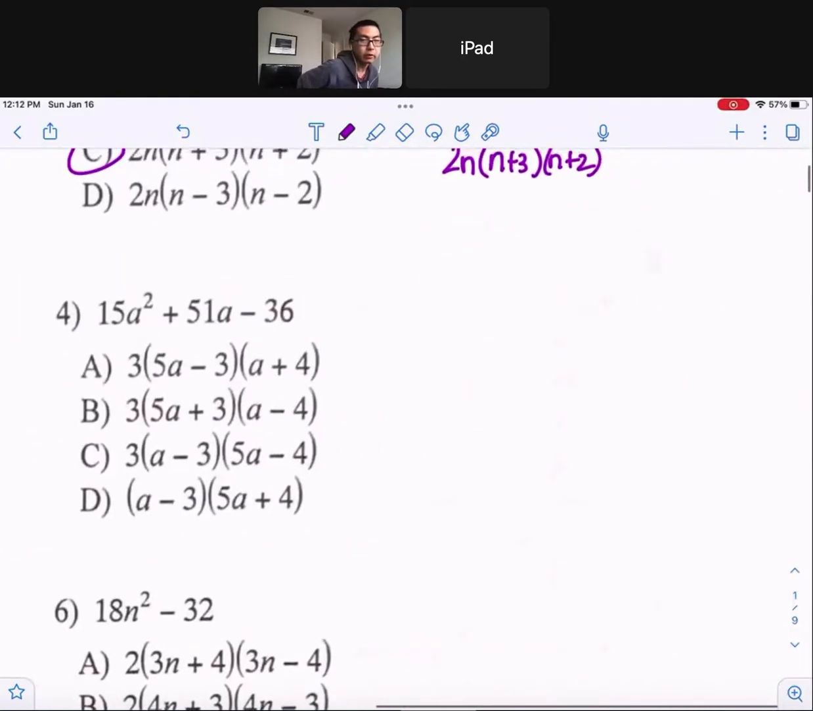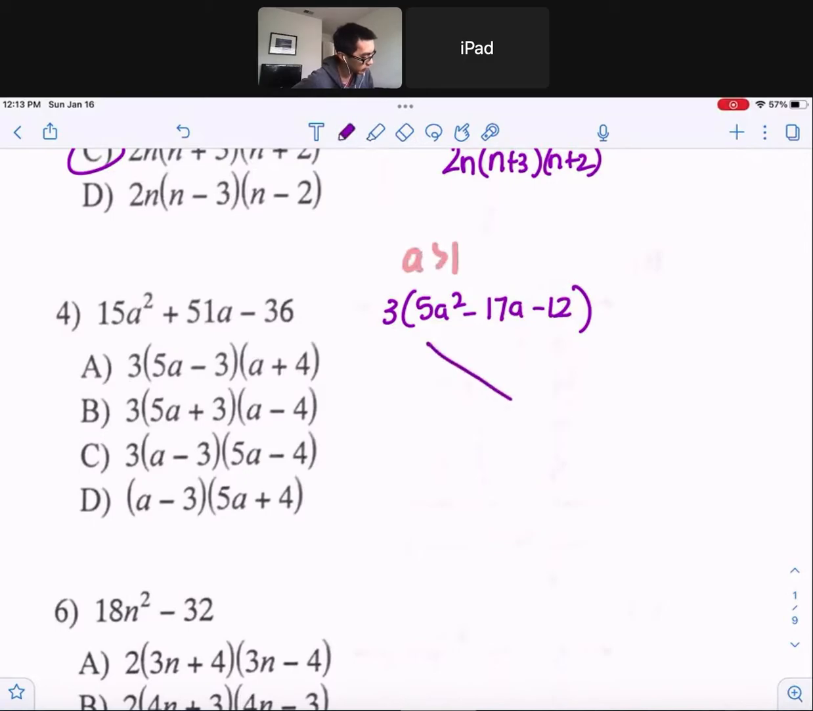Number 4, now we can factor out a 3 from each term. So we factor out a 3 to get 5a squared minus 17a minus 12. And then this is another a is greater than 1 case. So we've got to do the x method, and then we've got to factor by grouping. So a times c up top, b on the bottom. 5 times negative 12 is negative 60. Negative 17 on the bottom. So the two factors that multiply to negative 60, but when added give you negative 17, that's negative 20 and